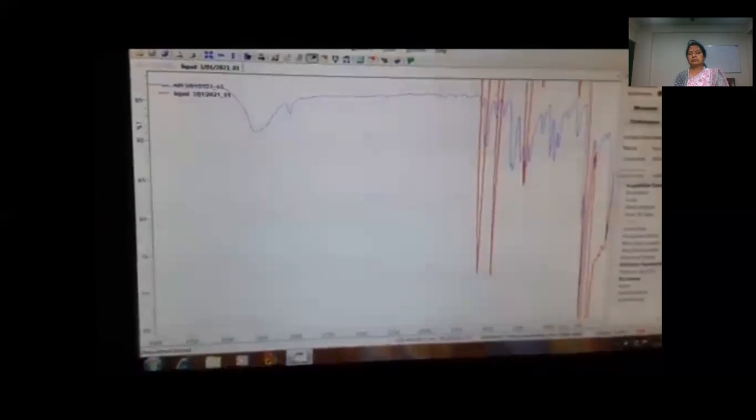This ATR crystal must have a higher refractive index than the sample investigated. We have to keep in our mind the sample is placed on the ATR crystal. It should be in good contact with the crystal and sample. It is very important. The sample is placed on the ATR crystal due to its wave-like properties. The IR light slightly